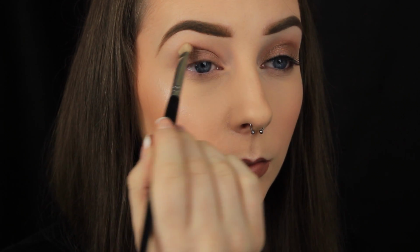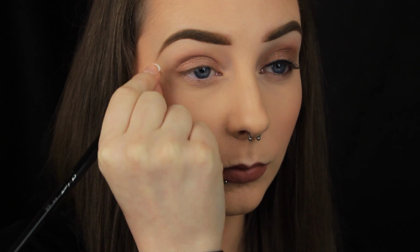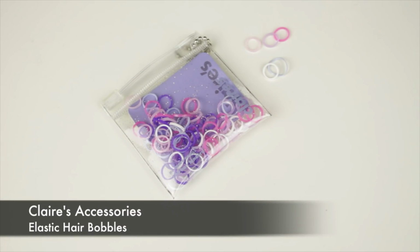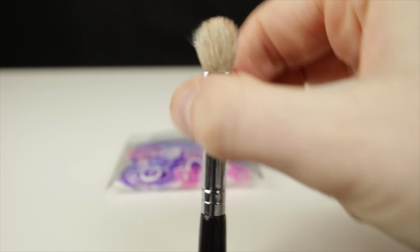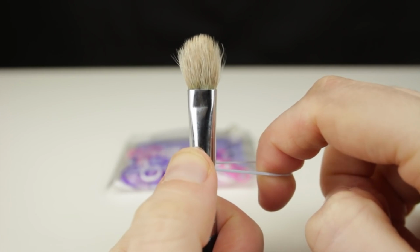So I like to elongate my shadows, so for the next step you can either squeeze the tip of the brush between your fingers like I'm doing here to map out that line, or if you find it's too hard to work with the brush in this way, you can do what I've done in a previous video. Basically, I'm adapting my brush by taking a small bobble between my index finger and thumb. I'm putting it onto the brush. Once it's on the ferrule, steady the elastic with your thumb so that it doesn't pop off,